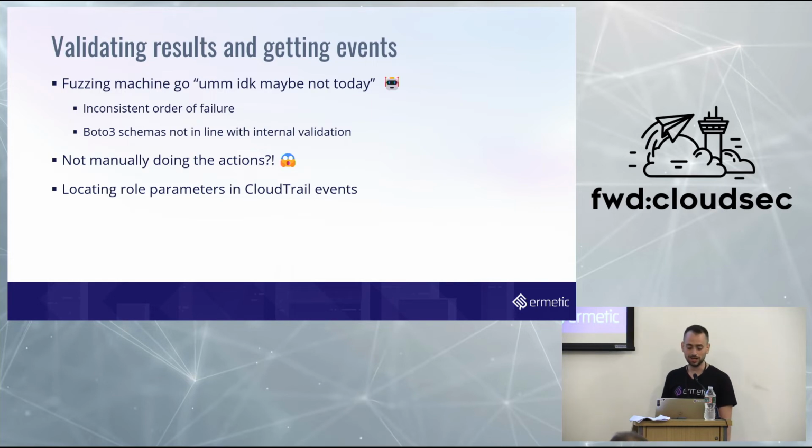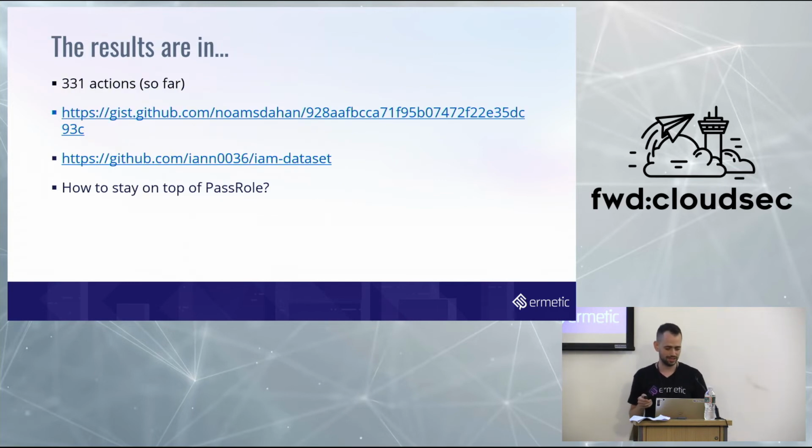Fun times. And then, fails are nice, but oftentimes access denied doesn't have request parameters logged, so you can't use a fail to map the actual parameter that you need all the time, only some of the time. And then you run ahead, you locate role parameters in the events, and you can then go on your least privileged journey. You can then right-size the permissions, find out whether you need PassRole or not, and try to do your best. The results were